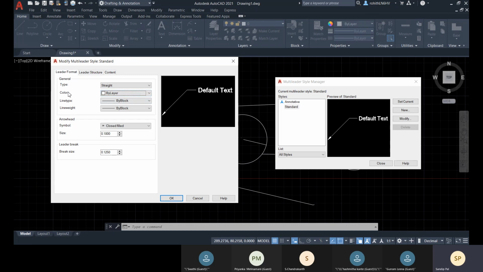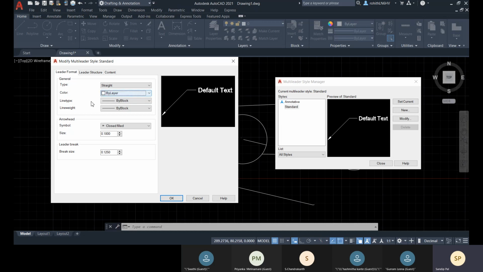What is by layer and what is by block, I will describe later. I will discuss layer and block, I will mention these things at that time. For now just see that this is by layer. That means the color is defined by the layer.